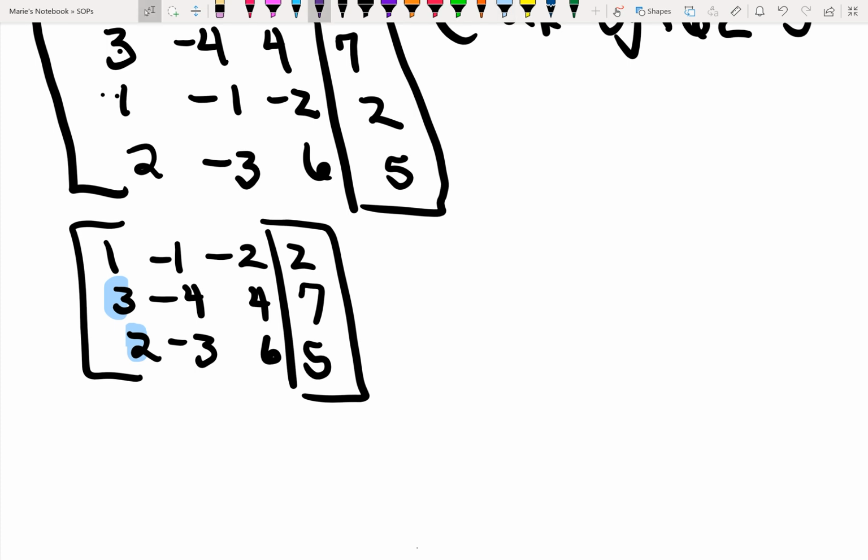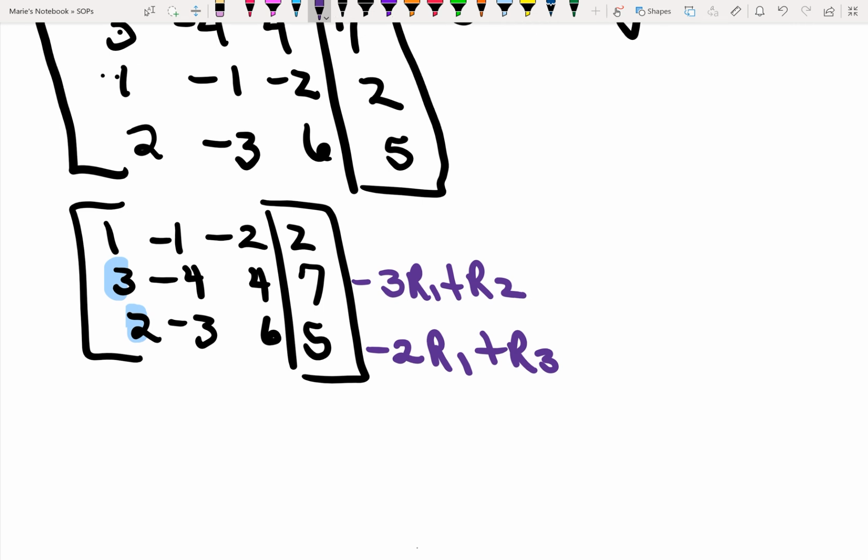So what I would like to do, if you follow me on this side here, is I'm going to say negative 3 times row 1 plus row 2. And that becomes this row. And then the third row, we're going to say negative 2 times row 1 plus row 3. Now, once I apply those